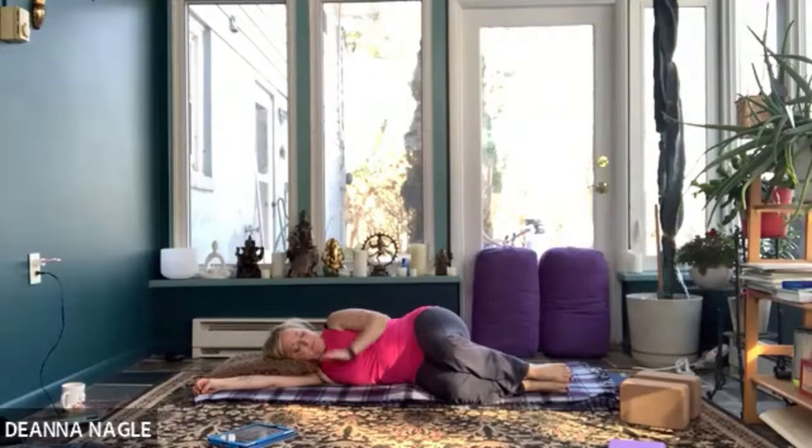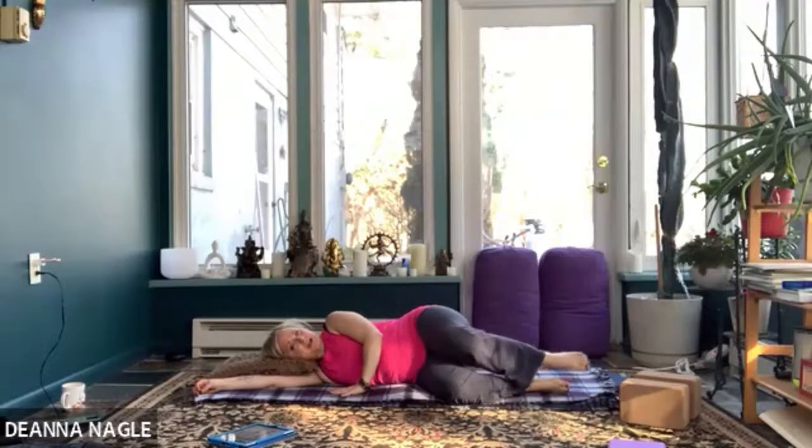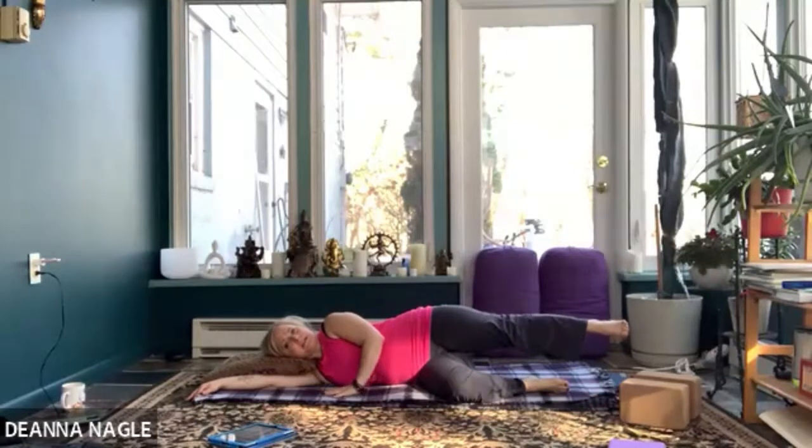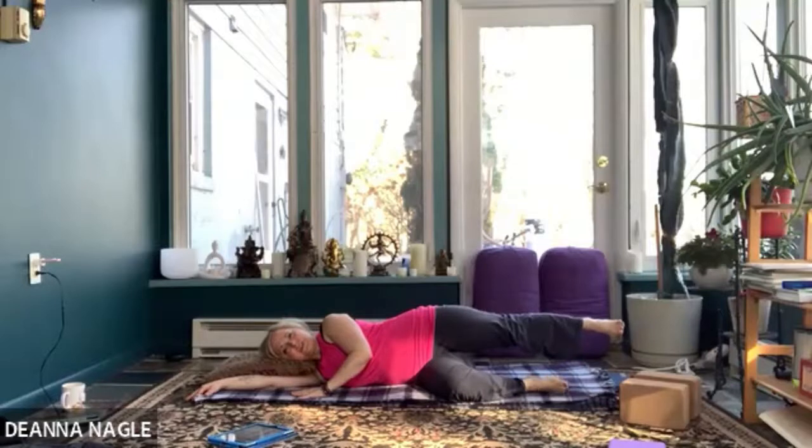Next part, we're going to straighten the top leg and lift that leg off the ground, just maybe a foot or two. And we're going to take that top leg to the back plane, and you'll notice your glute engages when you take that leg back. And now we're going to keep that leg back, keep the glute engaged, and make very small circles with that